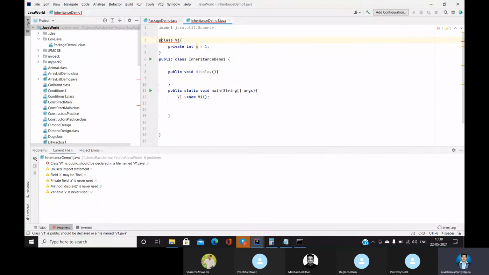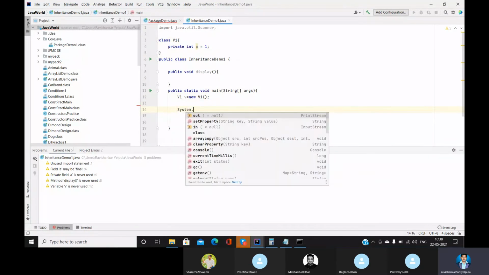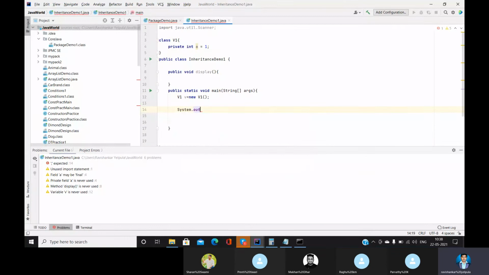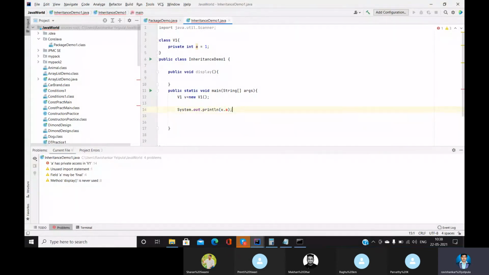Standard out done, and we are trying to print the value of this a. Let's see what the error will be.